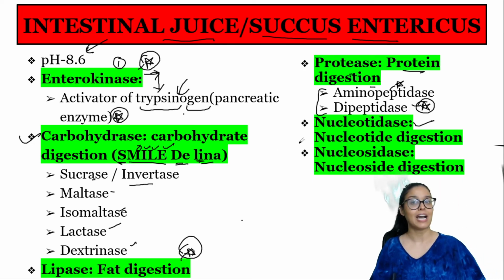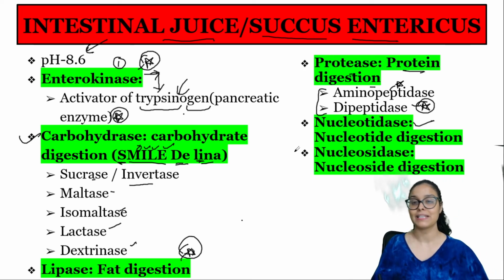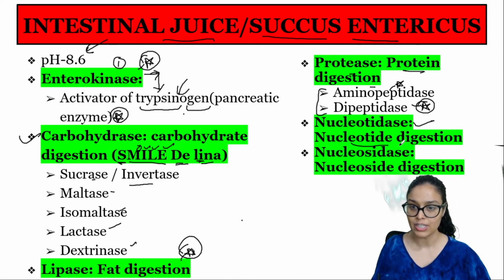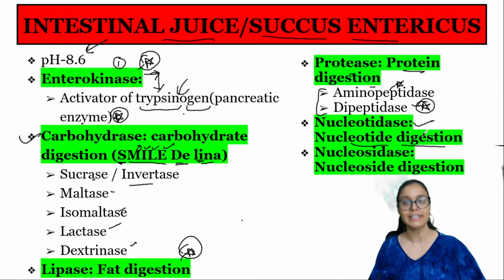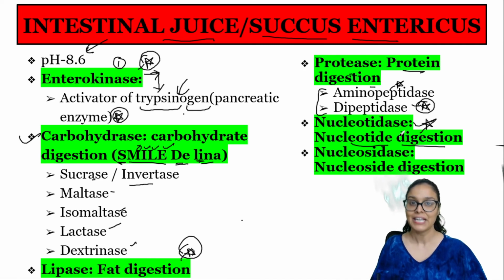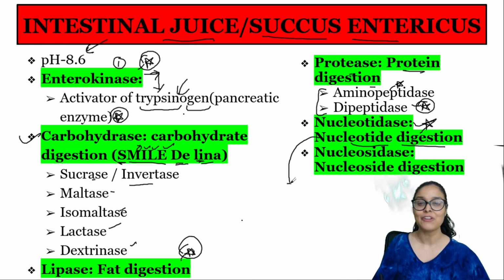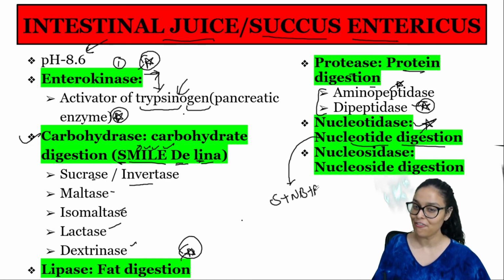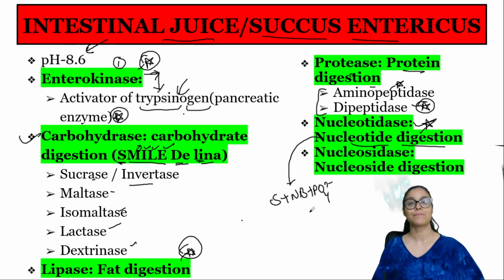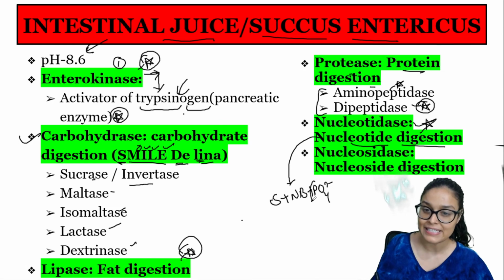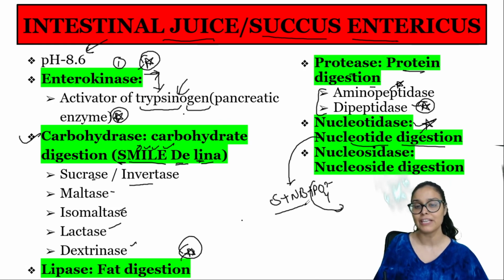Nucleotidase. We know that our DNA and RNA are basically made of single units called nucleotides. So that nucleotide is actually broken down by the nucleotidase. So we know that the single unit of DNA is a nucleotide, which is made up of sugar, nitrogenous base and phosphate. We already know it. So obviously what it will do, it will just release the phosphate group and now sugar